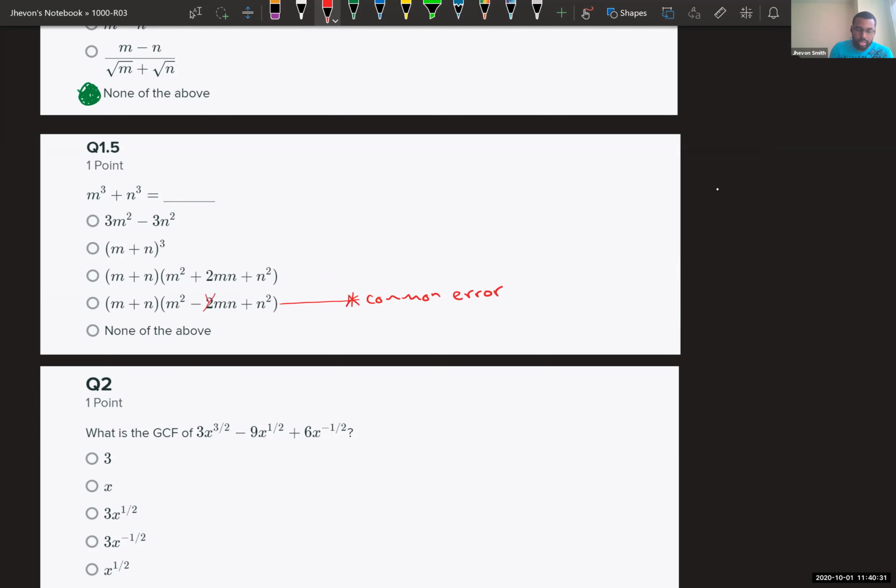The 2 is the thing that students often get wrong. I think they just think of the all squared formula, a plus b all squared is a squared plus 2ab plus b squared. So whenever they expand something like that, they tend to put the 2 in the middle, but there should actually not be a 2 in the middle. This would actually be m plus n times m squared minus mn plus n squared. There's no 2 in the middle. So this one is actually none of the